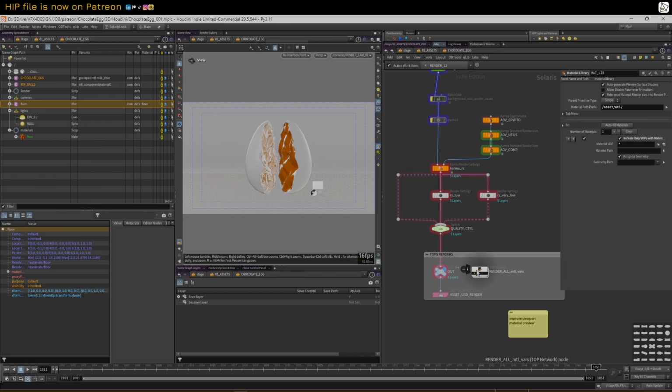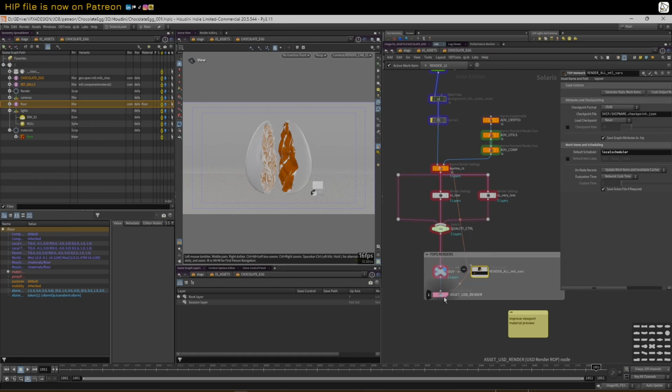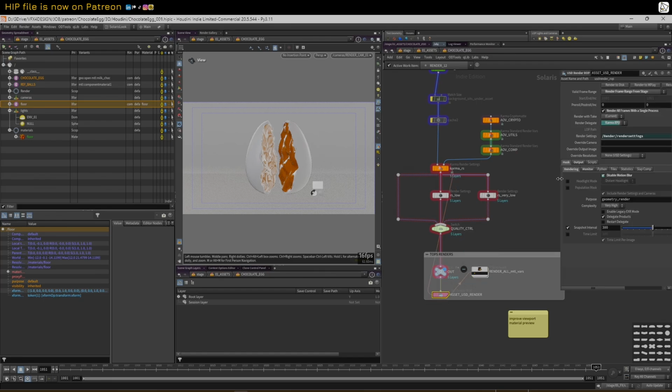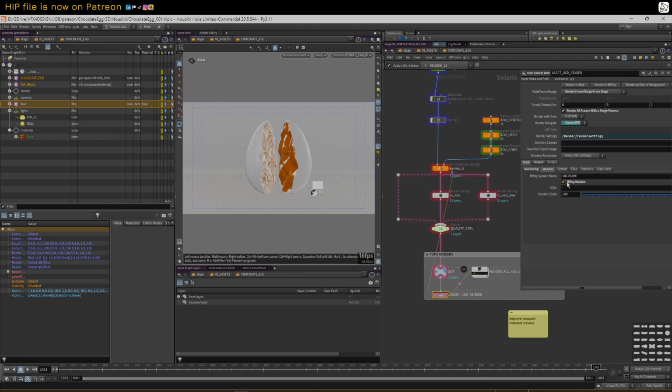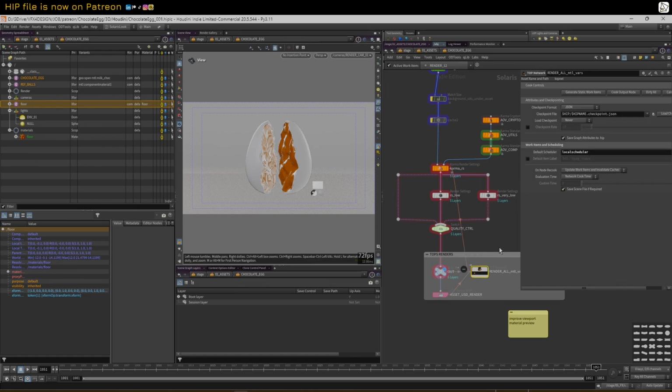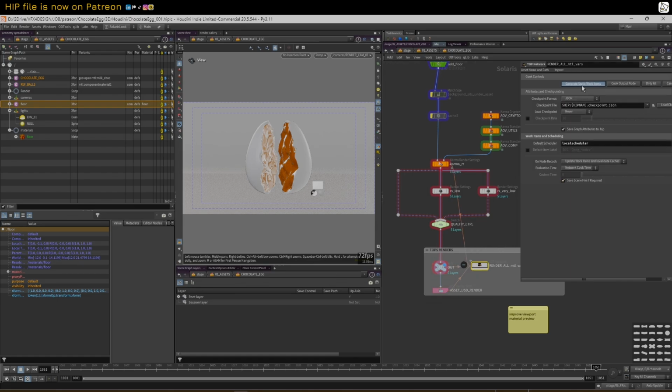So we're going to render this. Before I do render that, this is going to have this mplay monitor switched on. Now, normally if you don't have this on, it will just render to disk, and you won't see anything happening, and it's probably a little bit more efficient. That's one way, but just for this tutorial, I'm going to keep mplay on, and I'm going to dirty or generate static and cook, save, and it's going to cook